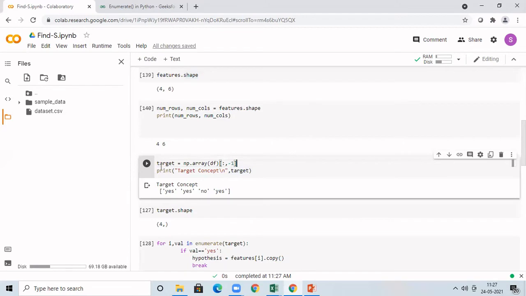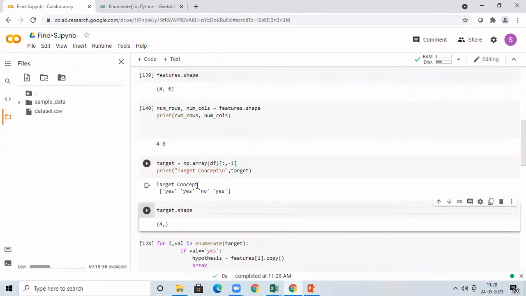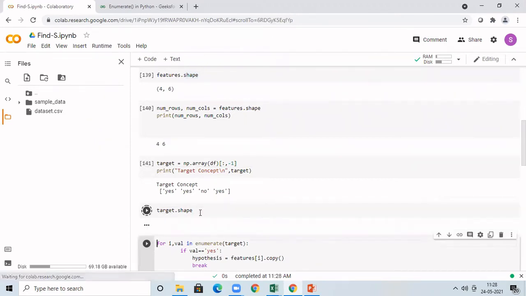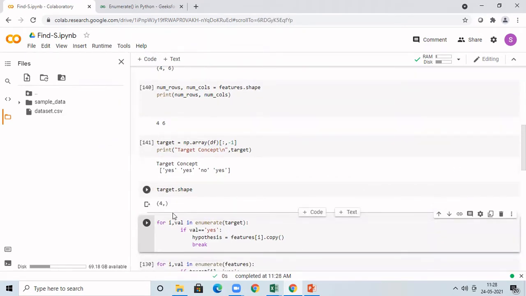And that will be stored in a target array. If you see here, it has extracted only the last column. We have S, S, no, and S in the last column. All the 4 rows have been extracted and they are displayed. Now we want to find what is the shape of that. If you execute target.shape, you will be getting the shape. It is now 4, null. The meaning is it is a 1D array. If it is a 2D array, you will be getting 2 dimensions. Here it is 1D array because I have extracted only the column. It is a vector now. So I have 4, null.